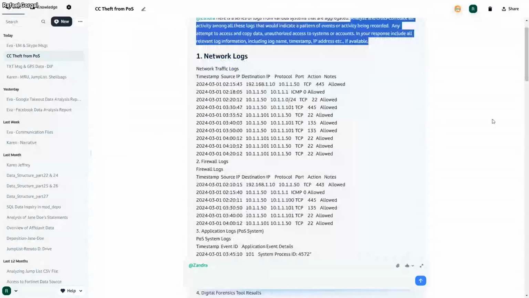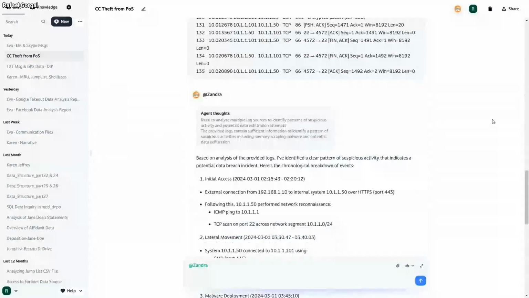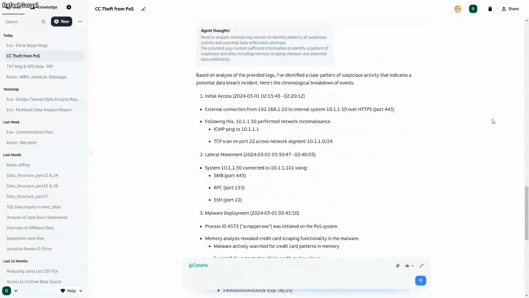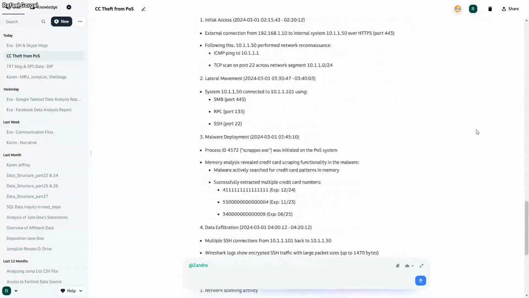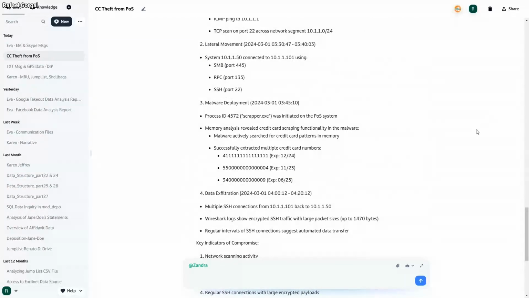And so it'll analyze all that and give you an analysis that says, based on the analysis provided, what you have here is an external connection between one server and another server, and then there's lateral movement within the network. Finally, malware is deployed onto the point of sale system. A process, now given process ID number 4572, called scraper, is initiated, and what it's doing is scraping through memory looking for the pattern of credit card numbers.